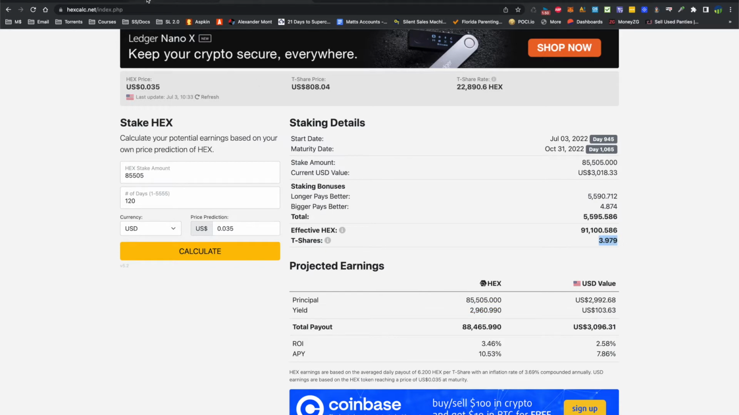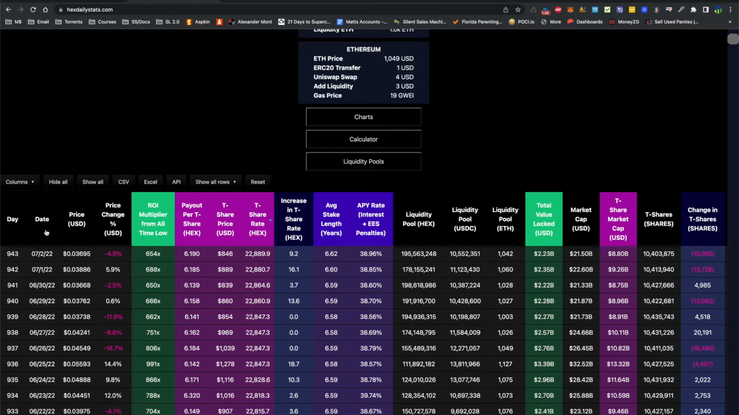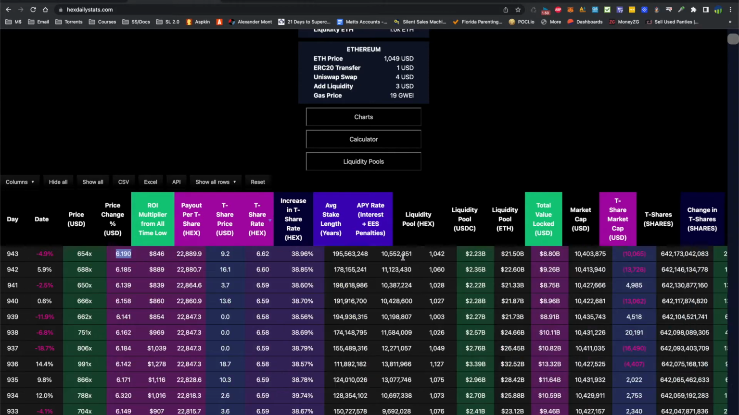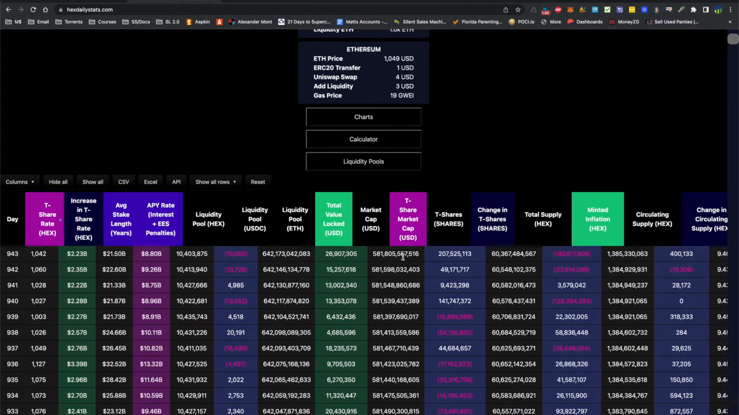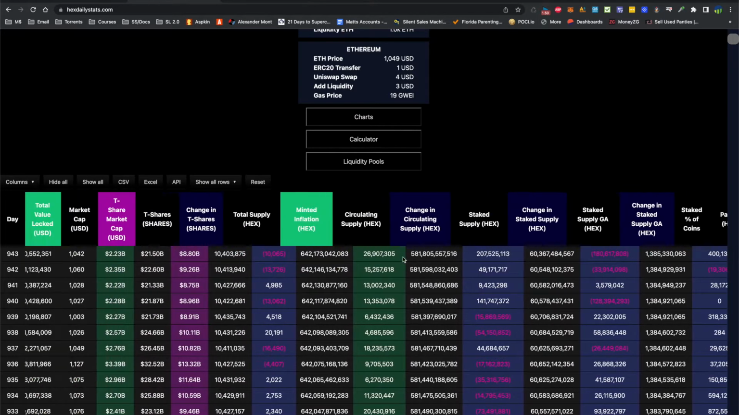And if you go over to HEX Daily Stats, this shows you all the HEX stats. So the T-share rate, payout per T-share right here. This column here shows you how many hex per day per T-share you're going to get. You can also see,